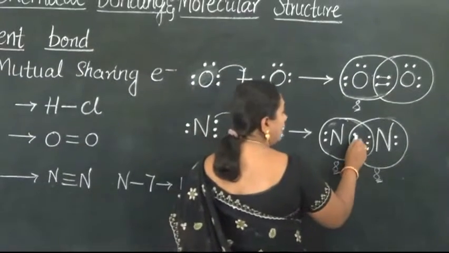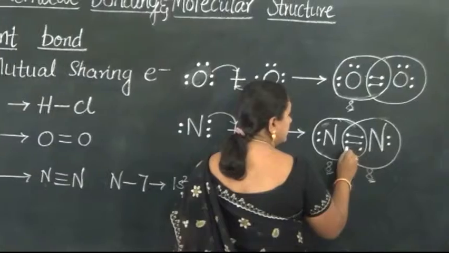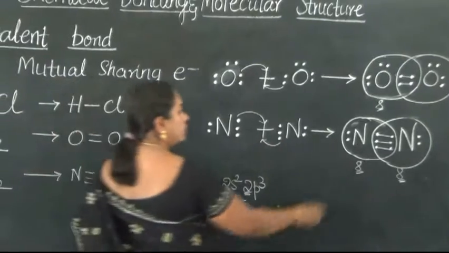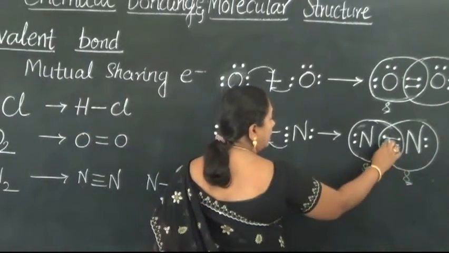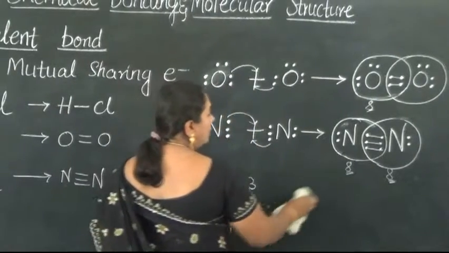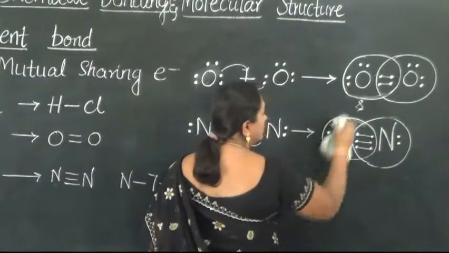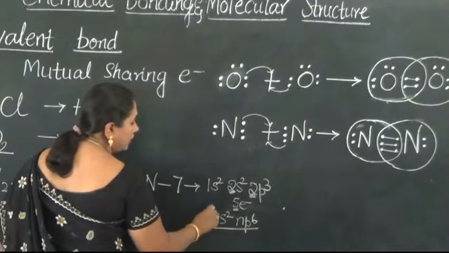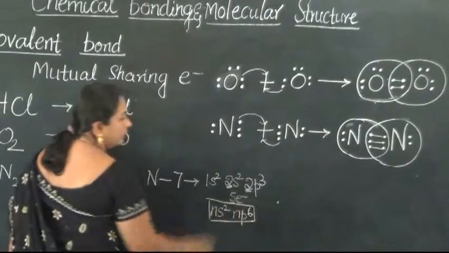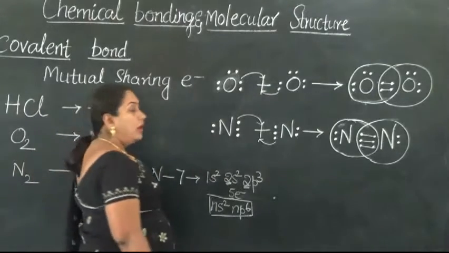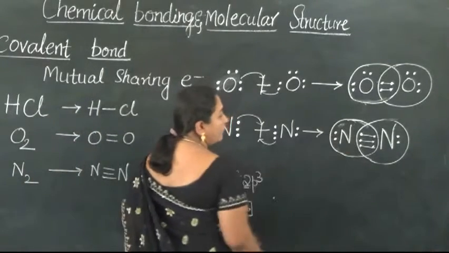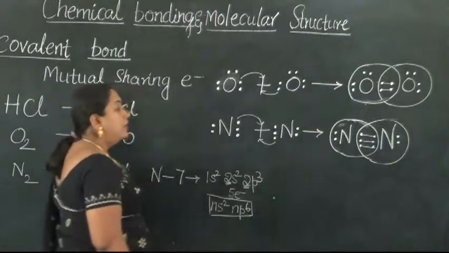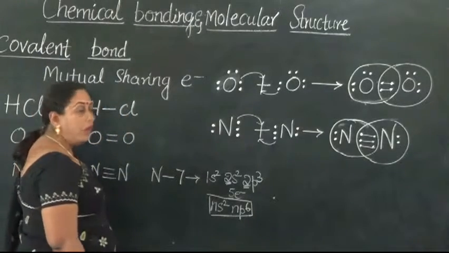So how many bonds are there? With 2 electrons, 1 bond happens. So therefore, 3 bonds. Between the 2 atoms of nitrogen, they are linked by triple covalent bonds. So both the atoms of nitrogen have got their valence shell satisfied with the stable octet electronic configuration. During the bond formation, energy is released, therefore they will possess only minimum amount of energy, thereby they are stable molecules.